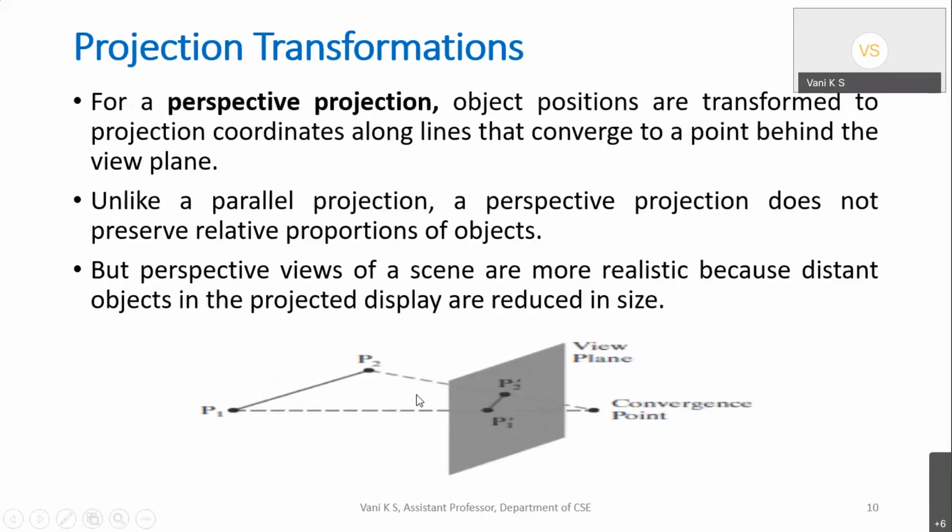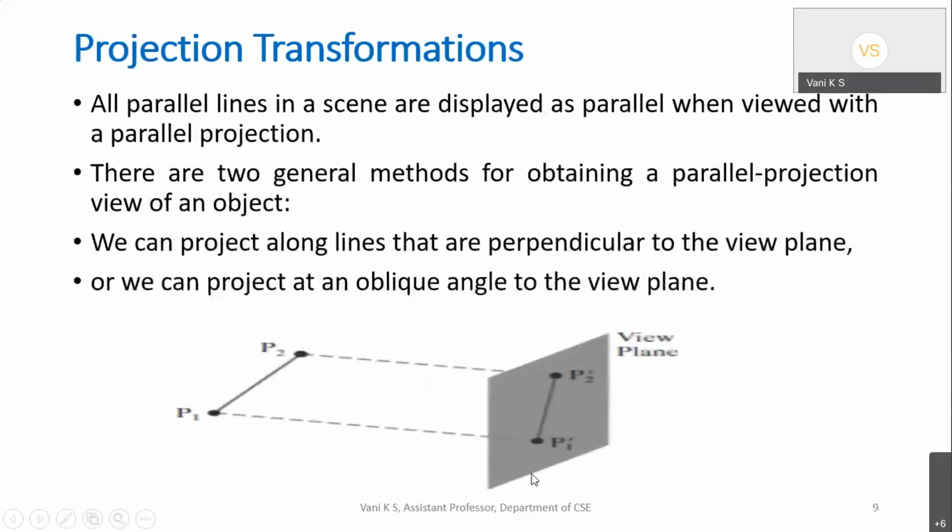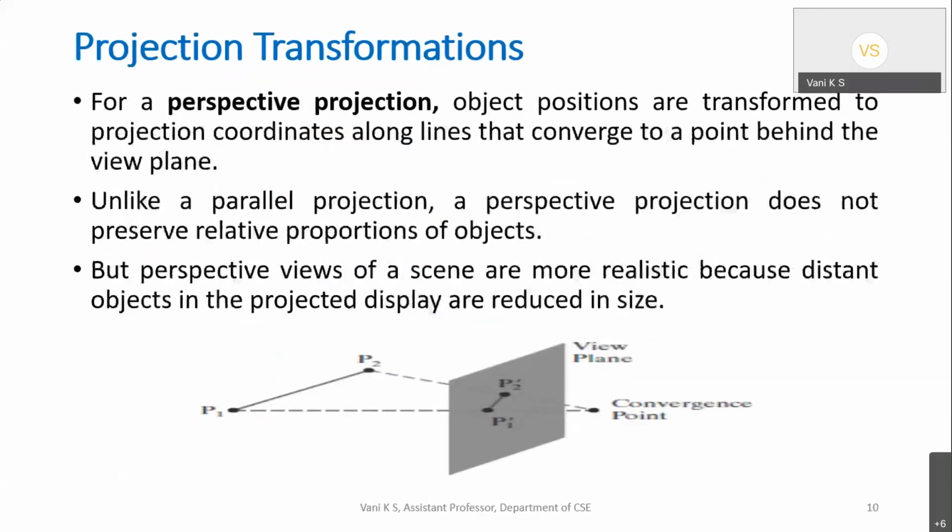Perspective projection, what does it do? Here it will be projected or transformed to the view plane along lines that converge. See, in the previous one, what happened? It was on parallel lines. Now what is happening? They get transformed to the view plane so that somewhere they get converged here. This is a convergence point. And this is where we have captured the transformed points. So this we call the 2D line that has been converted from 3D to 2D. So this is an example of perspective projection.